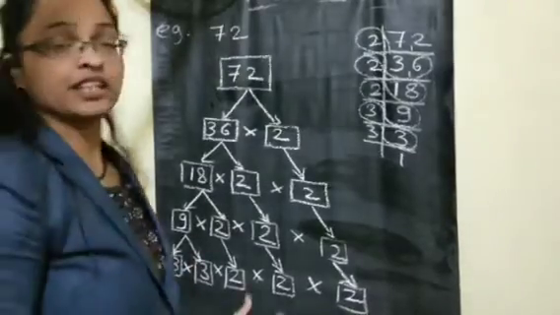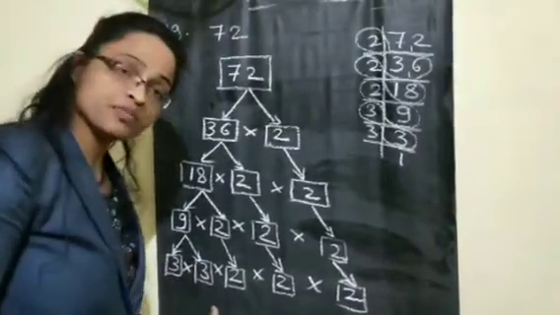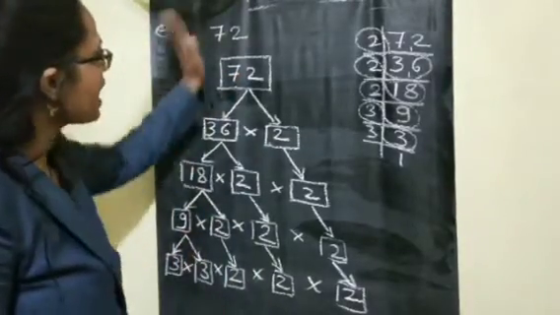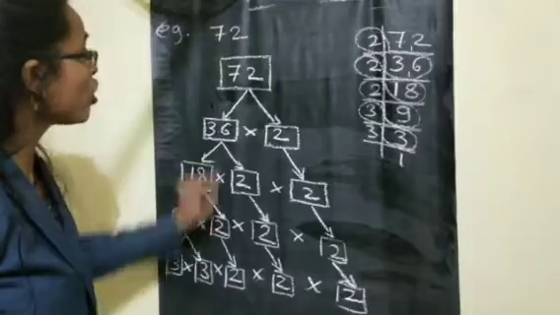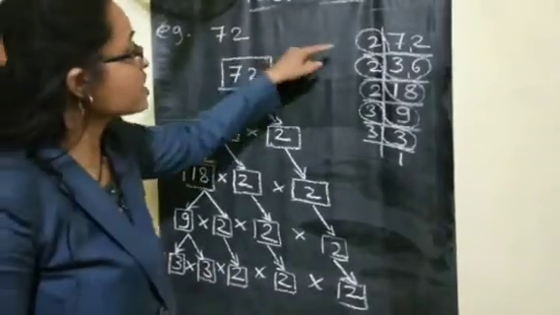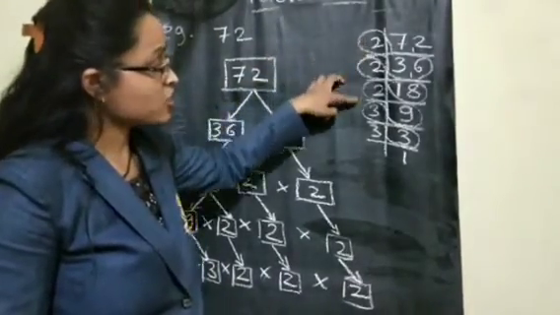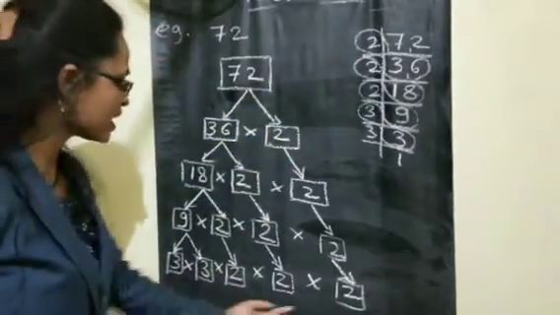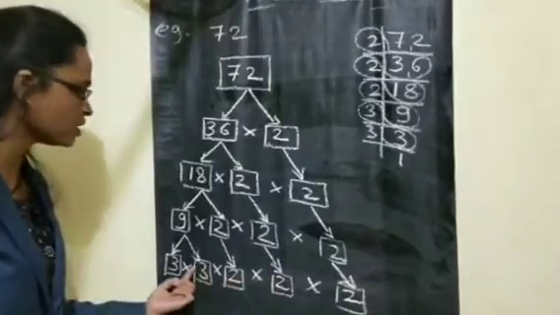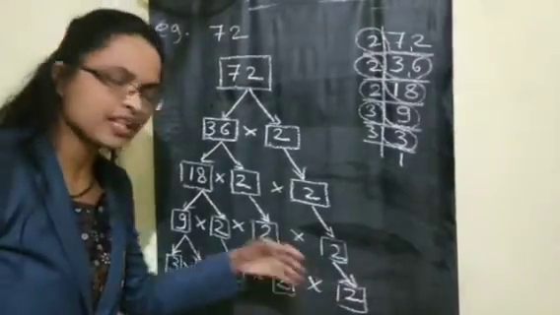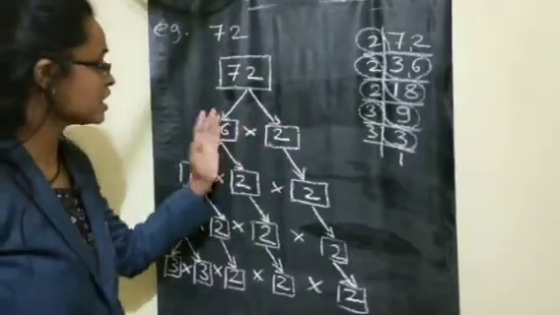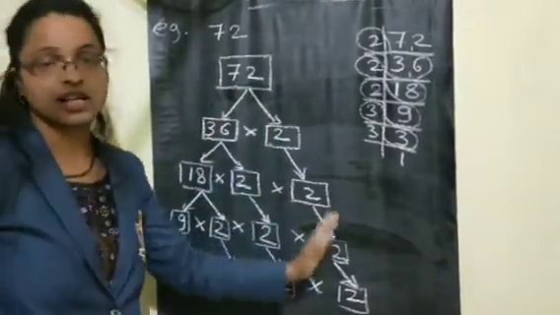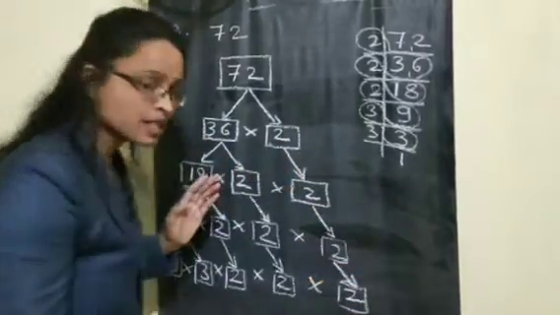Till you split the number to the last smallest prime number, you have to go on splitting. Now here we can stop, and this is our factor tree of 72. If you see here, these are the factors of 72: 2, 2, 2, 3, 3. Same way we are getting here 2, 2, 2, 3, 3. You may get it from the right side or left side, depending on how you are splitting. I told you the bigger number you can write on one side, maybe the left or maybe the right. According to that the branches will increase.